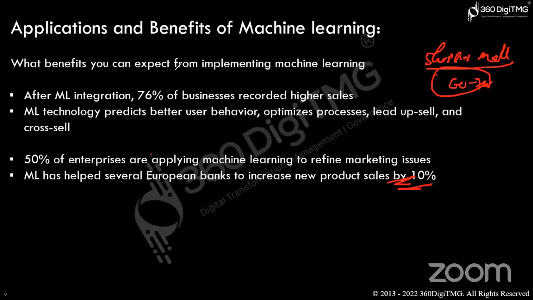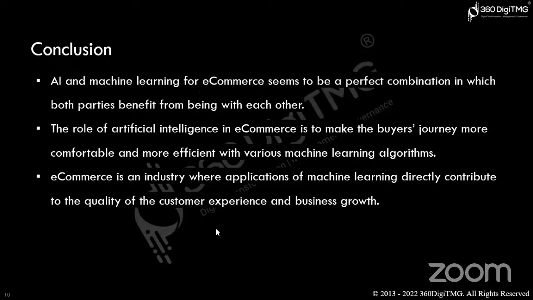to find the best customers who are willing to buy something. These are the things that we can do using machine learning algorithms. We deploy them whether it is on the web or any other platforms, e-commerce, it could be OTT platforms, all web-based platforms. The conclusion: AI and machine learning for e-commerce, especially e-commerce, seems to be the perfect combination, since it is